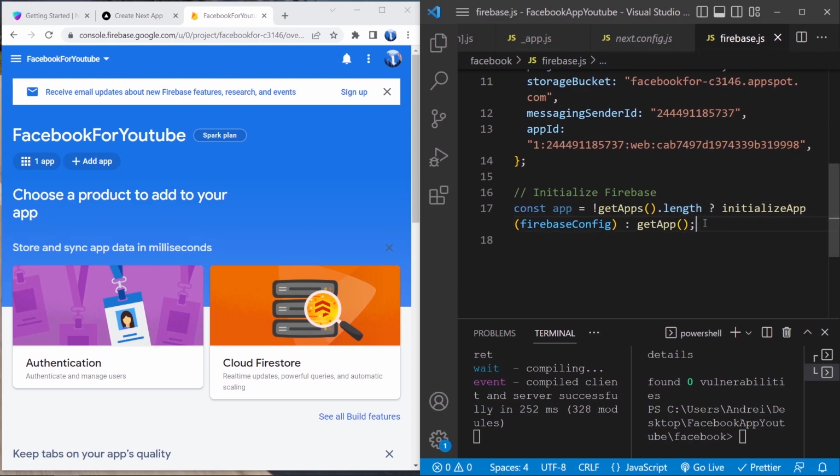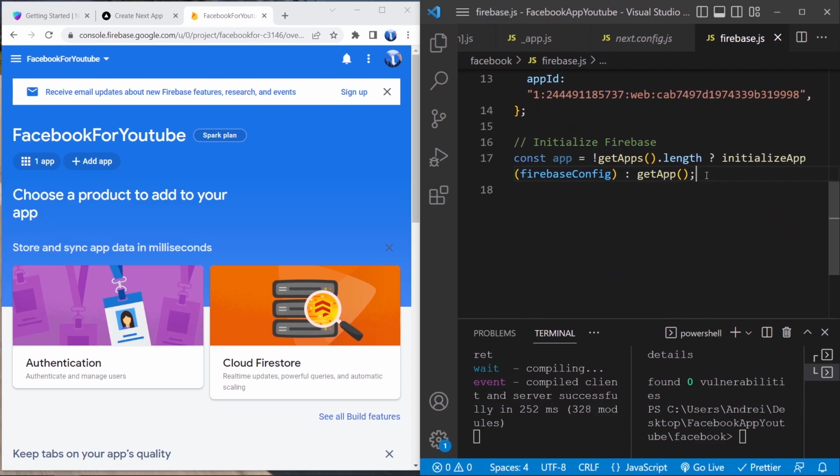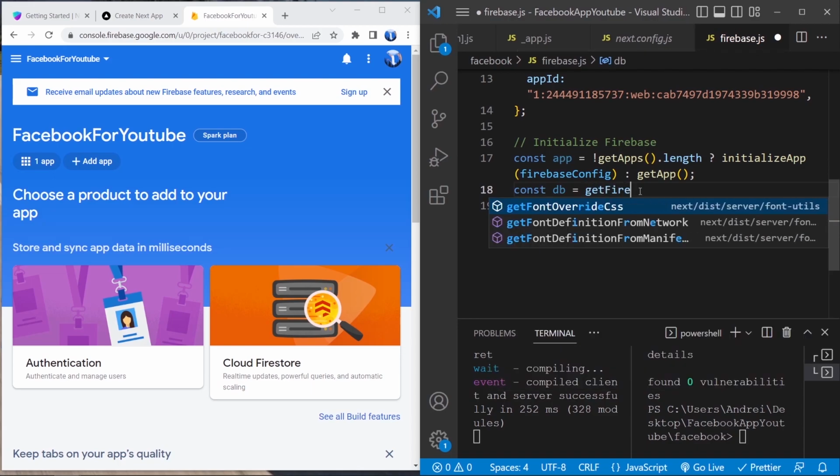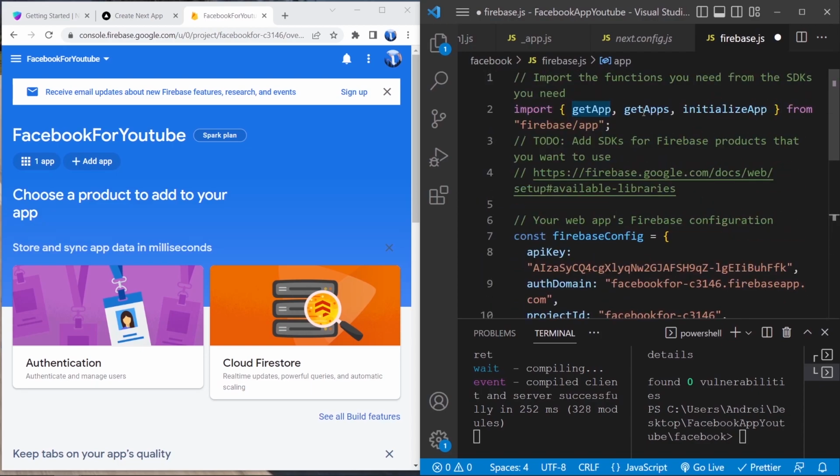For now this is all we need, but to save some time, I'm gonna add two more things, because from Firebase we are gonna need two more things: the database and the storage. So I'm gonna say const db from database. I'm doing this now, so we don't have to do it later. So I'm saying getFirestore, and this is a function that comes from, let's import the function,